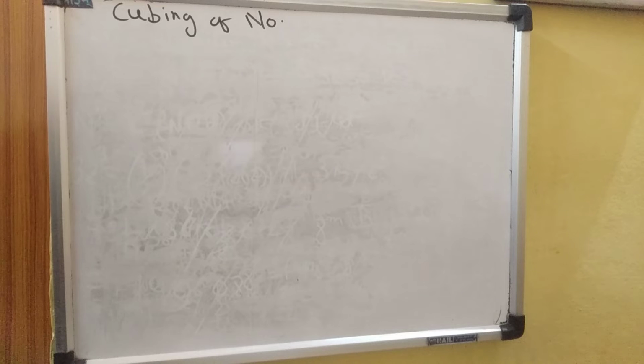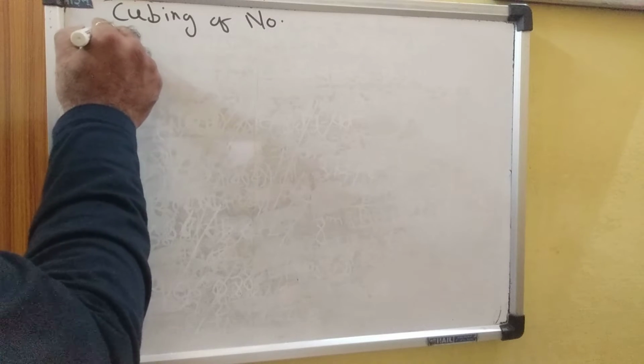In Vedic mathematics, numbers which are made up of 1 and 0, or integral powers of 10, are called base numbers. For example, 10, 100, 1,000, 10,000, 100,000 and so on. These all are called base numbers. To find cube of numbers which are close to base, we use Vedic mathematics sutra Nikhilam.